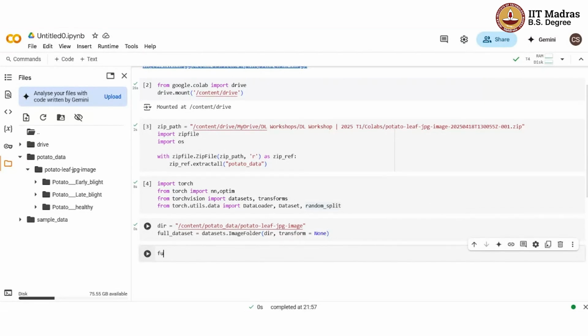Now if I show you full data set, length of it, that means how many images are there. So we have total 2152 images. As of now, I recall that 1000 are early blight, 1000 are late blight, and 152 are healthy images